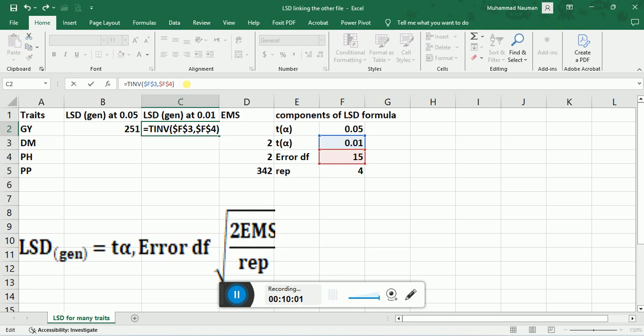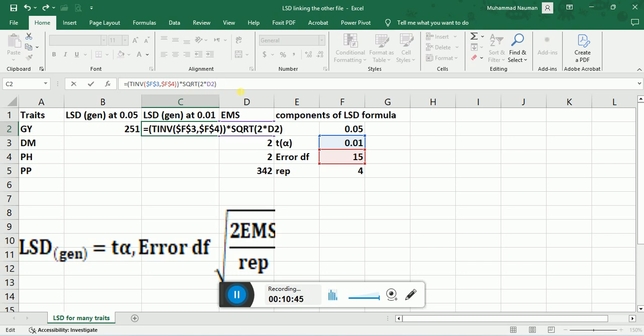Close the bracket, close this whole entry in order to represent it as one value, multiply by, start the square root, SQRT, type 2 multiply by error mean square. Here is the error mean square, close the bracket.